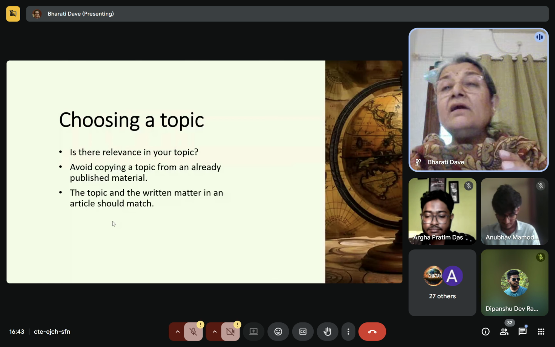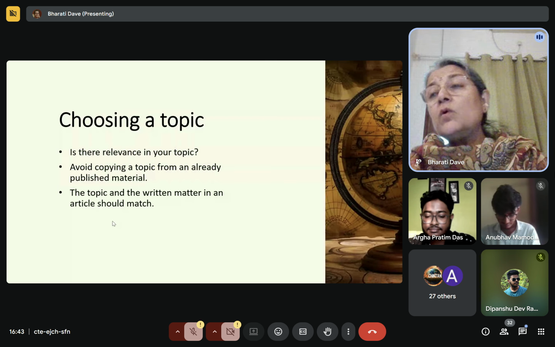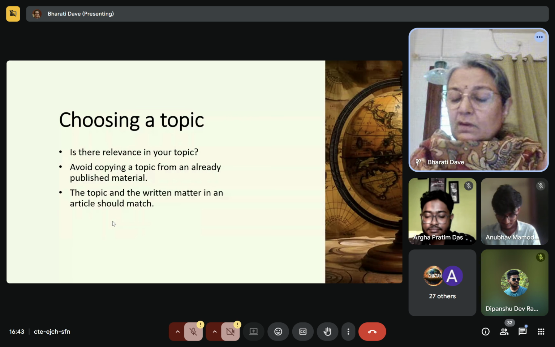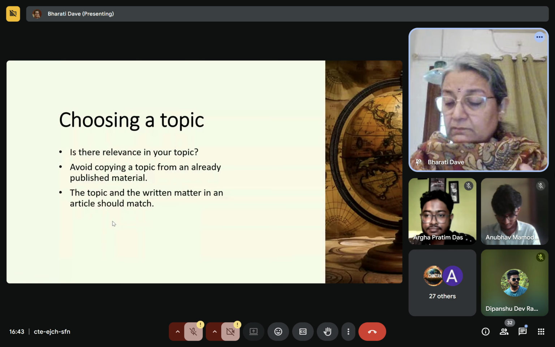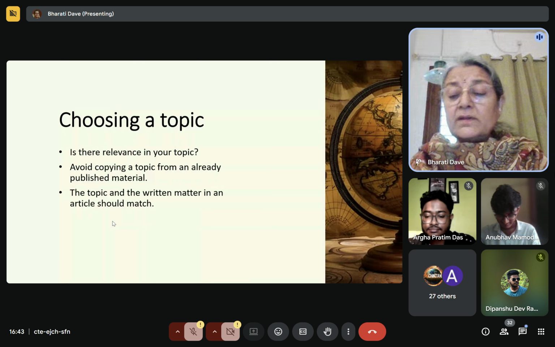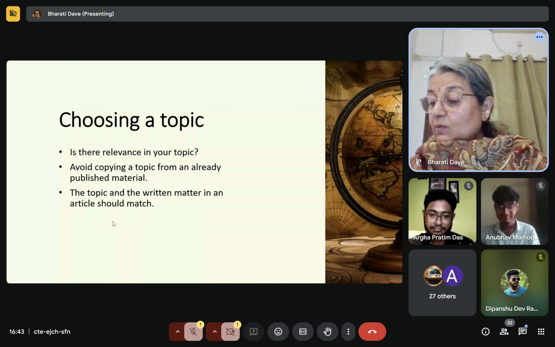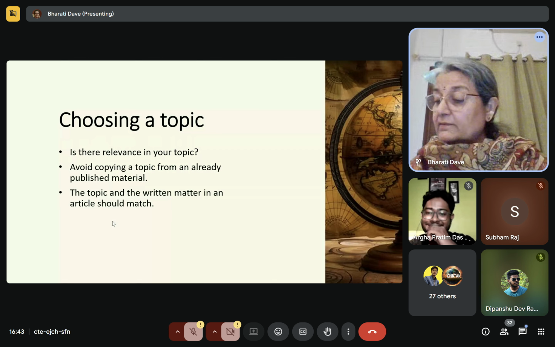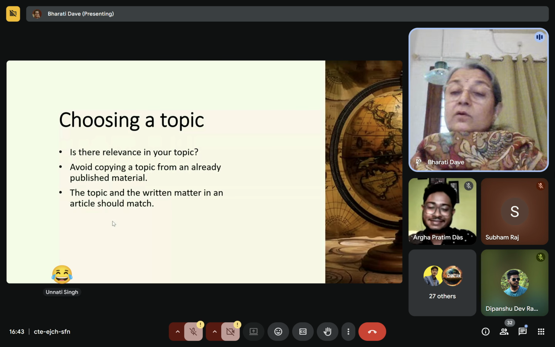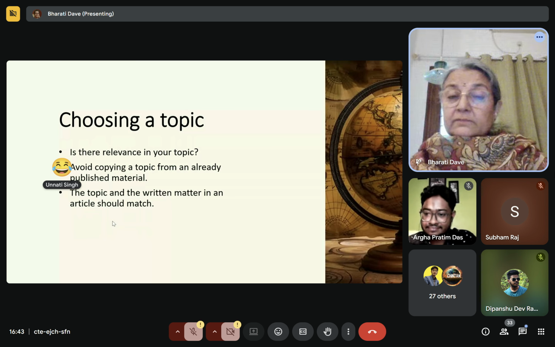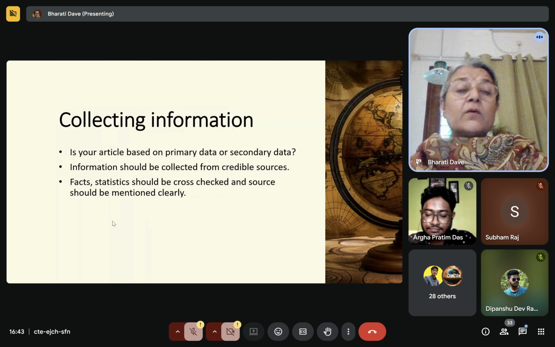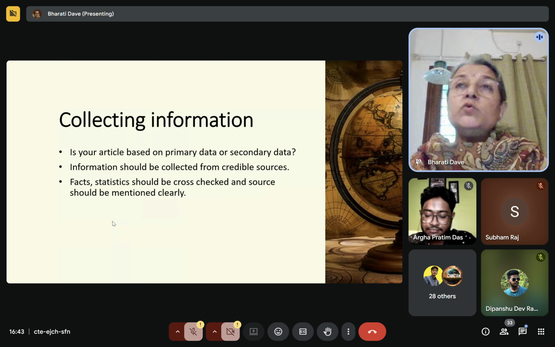और ऐसे नहीं करना कि टॉपिक कुछ और है, अंदर कुछ और लिखा है. वो भी मत करना, because चीटिंग हो गई ना. चीटिंग हो गई ना. What do you say? Of course, ma'am. या है ना, चीटिंग हो गई. तो so these are the things you have to keep in mind when you are choosing a topic.